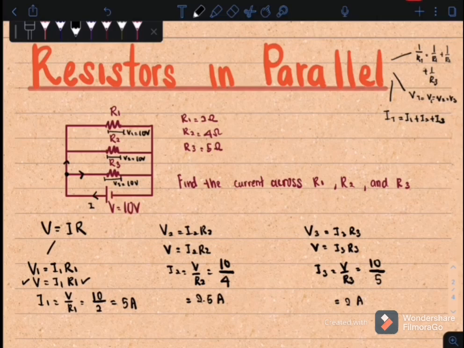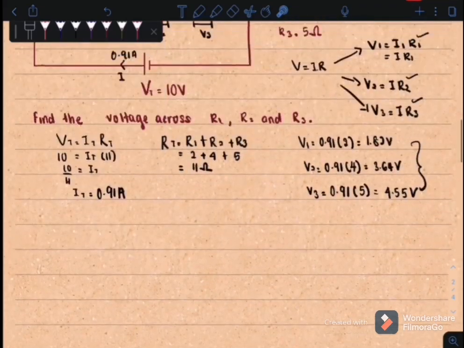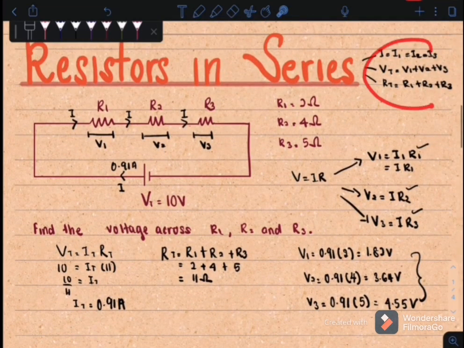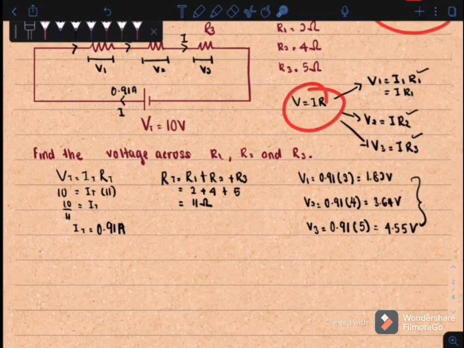So that's it for resistors in series and parallel. What you have to do is just remember the characteristics for each type of resistor connection, the parallel and the series characteristics. If you know those and you use your Ohm's law, you can solve the questions for resistors in series and parallel. This is very similar to our chapter 2 capacitor in series and